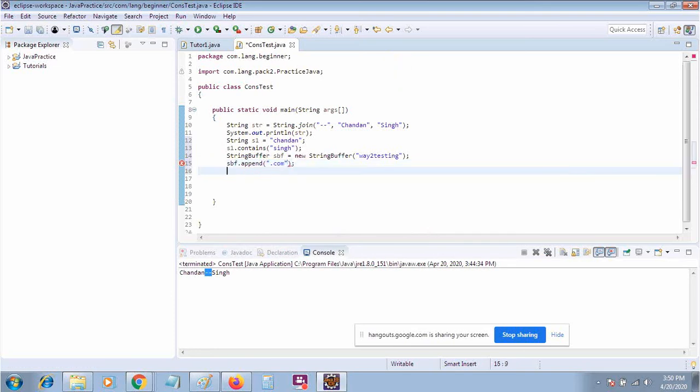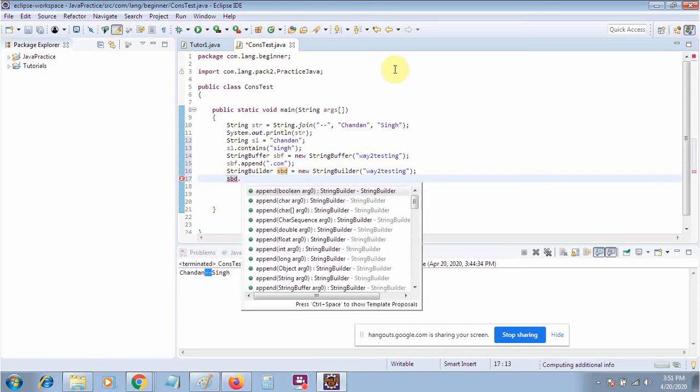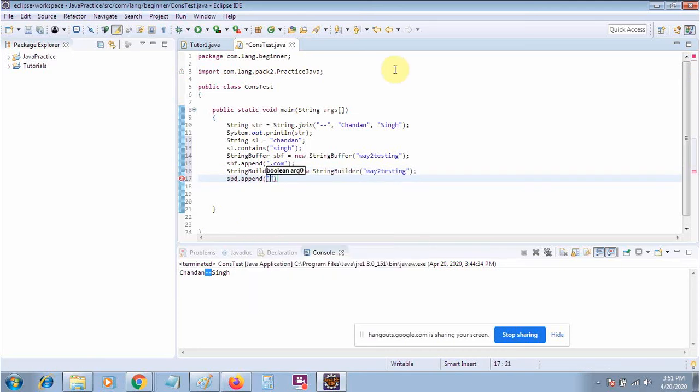Now again I will use the StringBuilder class. Svd is equal to new StringBuilder, and suppose that again I have the same string, and then I am appending .com.